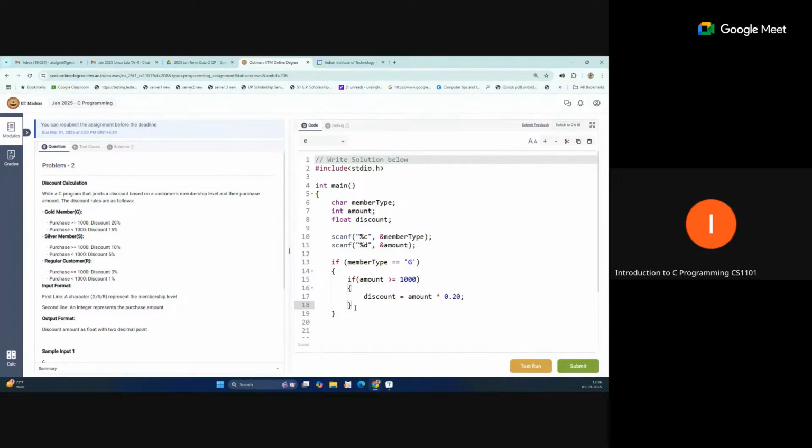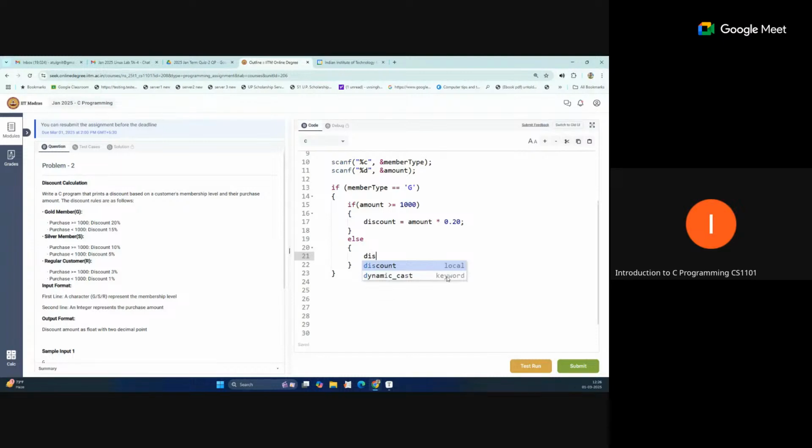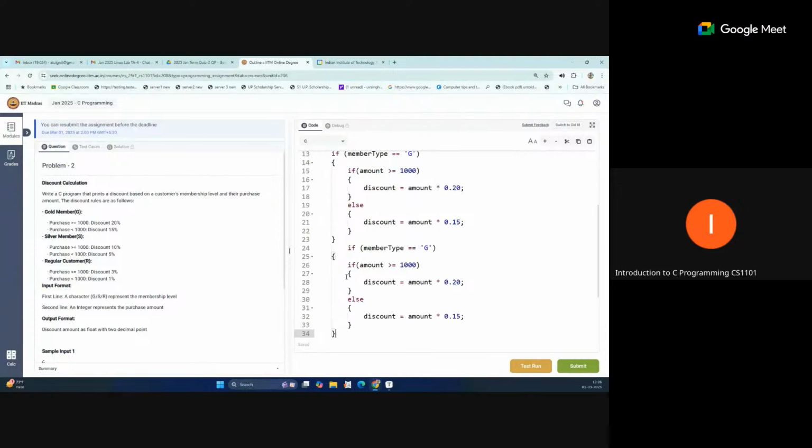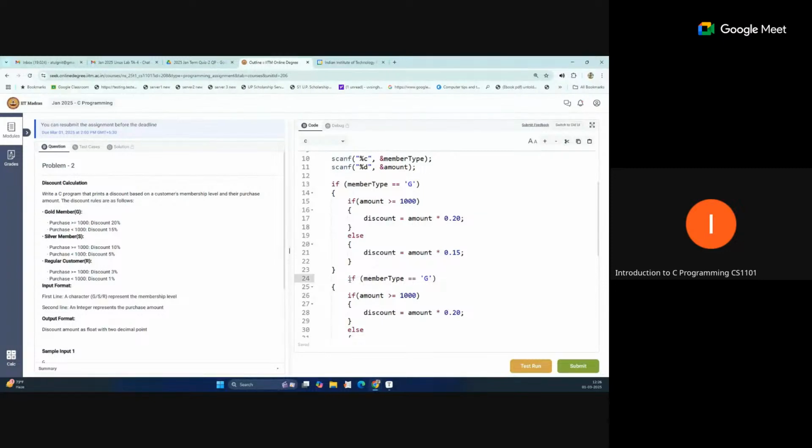Now the else part. You can write a simple else here. Otherwise, discount equals amount into the percentage, which is 15, so 0.15. Now you can see we have written the condition for one type. You can replicate the same for the three types. So this is the second condition: else if,